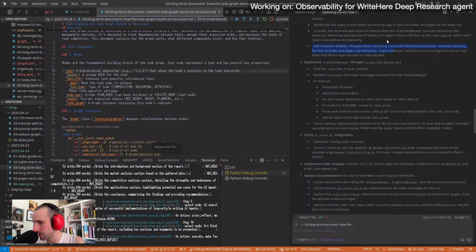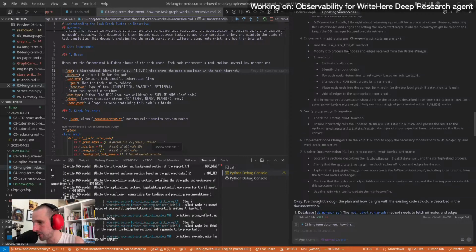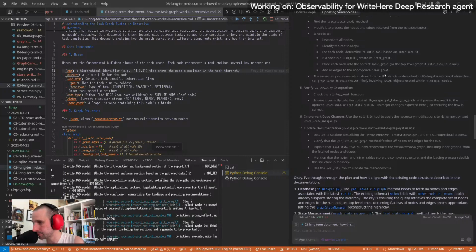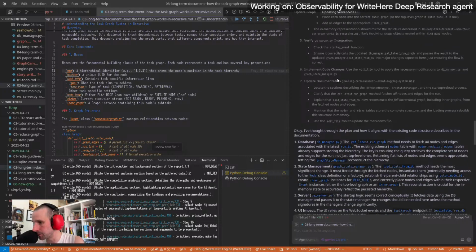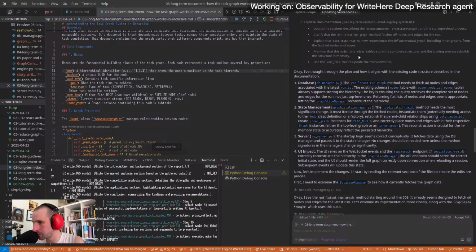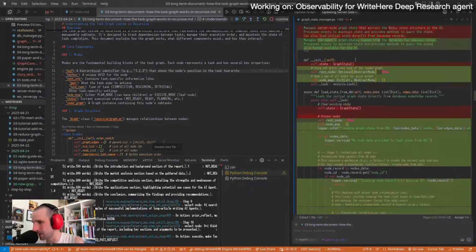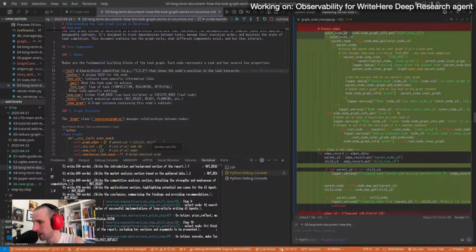Self-correction. I thought about returning a pre-built hierarchical structure. Implement the graph state manager, load state, instantiate all nodes, find the nodes, then all right. This is a lot of complex stuff, right? I'm doing right now, right? It's like,